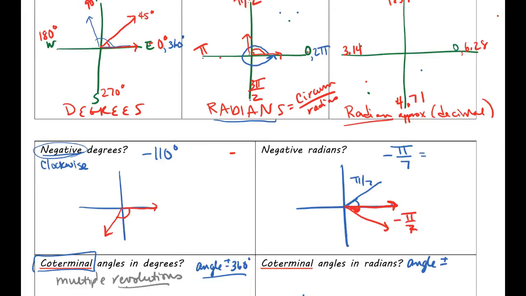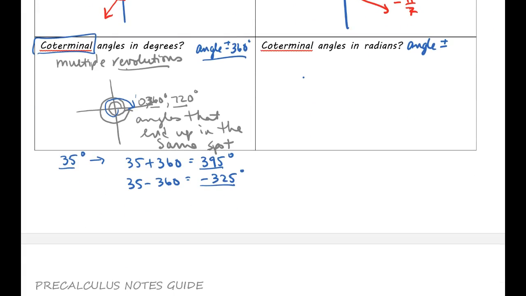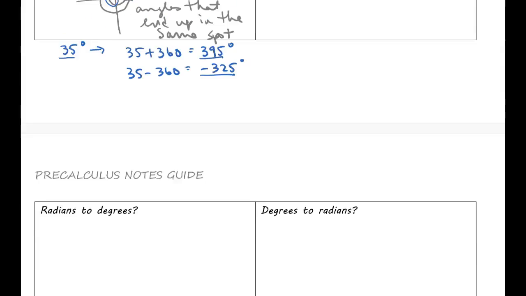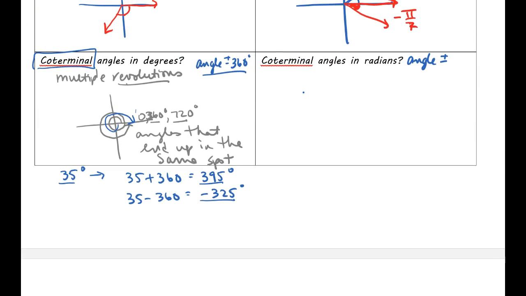So I'm going to replace that 360. Sorry, I'm challenged with technology sometimes. I'm going to replace that with a 2 pi. So it's going to be the same picture, the same idea, but I'm going to be doing add or subtract 2 pi instead. So as an example, if somebody said find coterminal angles for, let's go back to that pi over 7 thing we just did, pi over 7, okay?